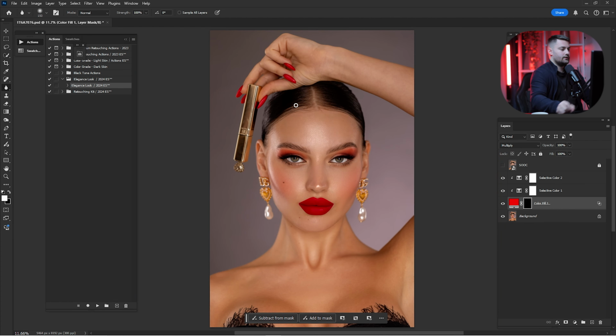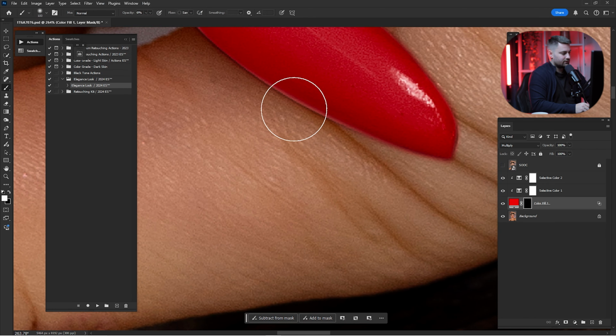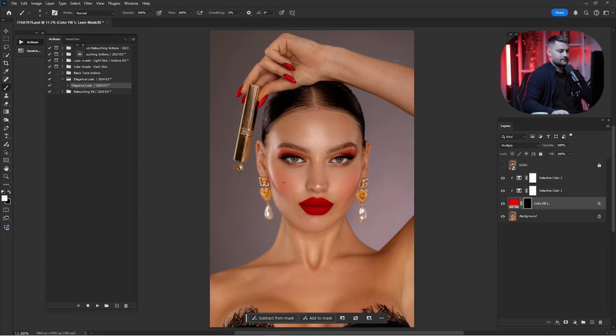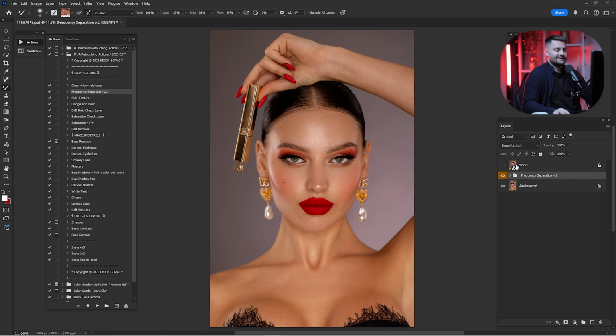And if you think that they're looking good, leave them as they are. Just this part, it's kind of looking fake, so we need to paint just a little more with a brush, just like this. And I think that is okay. Now check it before and after again, and I think that is looking perfect. In the before and after, as you can see, the left arm that is holding the lipstick is kind of looking not that good. So we need to go to the frequency separation again, click play, wait until it's done,